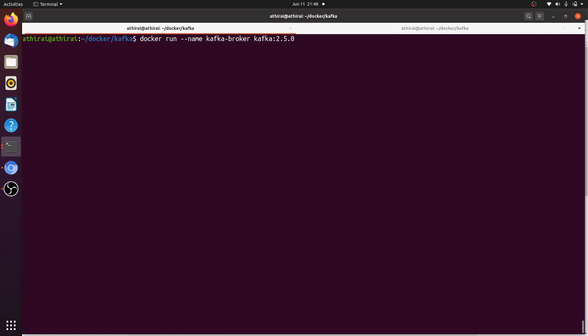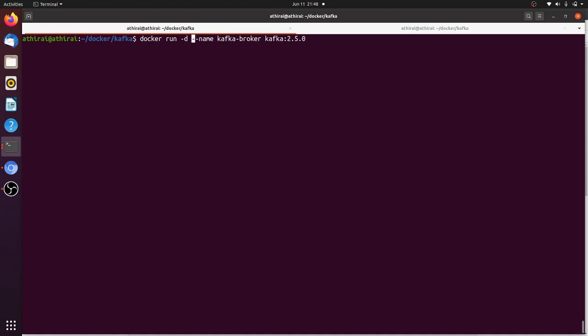So I'm not going to expose the port number. Instead we will connect to the container directly and then create the topics. So this is docker run --name, this name, and then the image, and we will run it in detached mode.